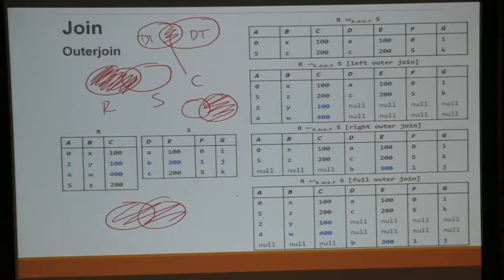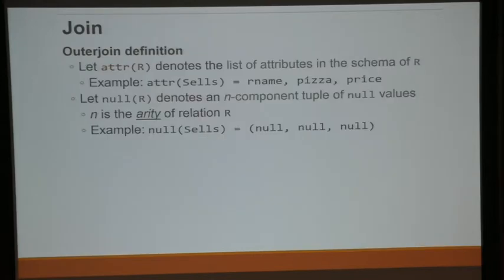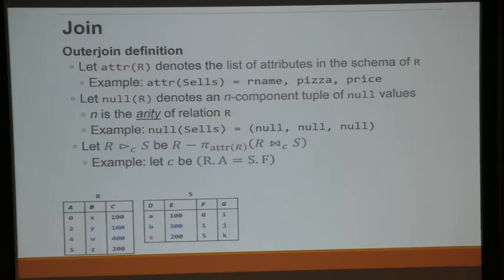The diagram will be duplicated at the end of the slide. Again, this is actually just definitions. I'm not going to test you on this. This is how we arrive at the left and the right outer join, but you get the intuition. The intuition is that you have a dangling tuple that does not get selected by the condition, and you want to preserve that. To preserve that, you need an operation to actually get it. This is just an explanation of how to get that, so this is actually skippable.